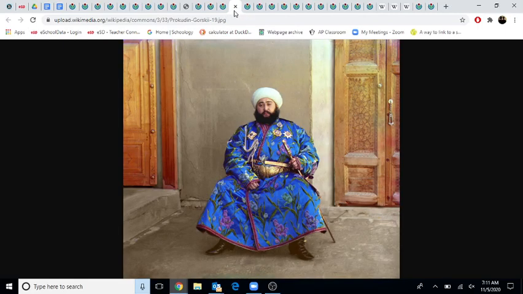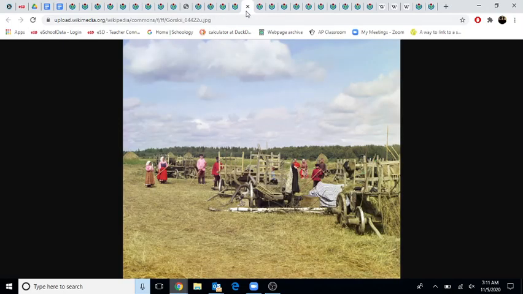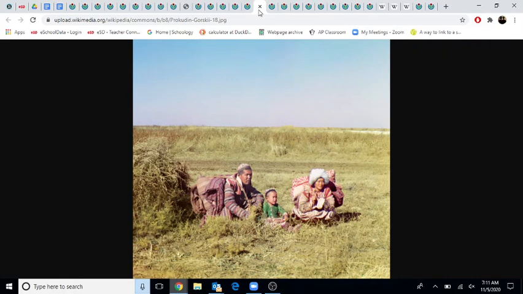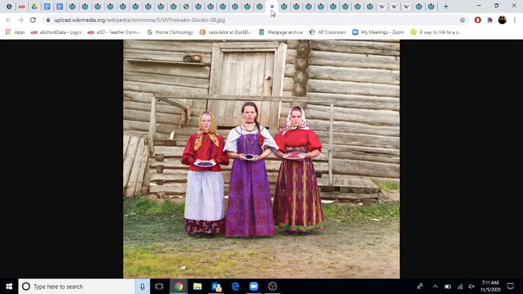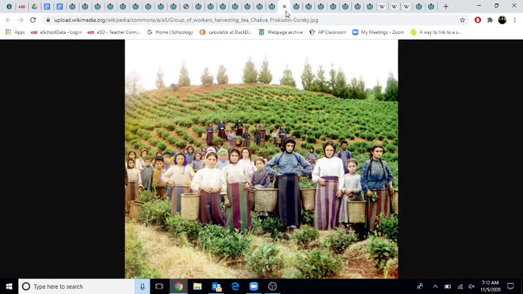So, for example, here's, I think, the Muslim Emir of Bukhara, which is like Uzbekistan today. Here are some peasants, I think they may be Russian peasants from the steppes of Russia. Here are some, they're either Kazakhs or Kyrgyz. They're Muslims from Central Asia, but they're of East Asian descent, like related to Mongolians. Or here you have, I had some students who would have known, who told me this is Ukrainian peasant dress. I wouldn't know, but Ukrainians are not the same as Russians, so they're like cousins, kind of, sort of. So that's another group. Here we have Greeks.